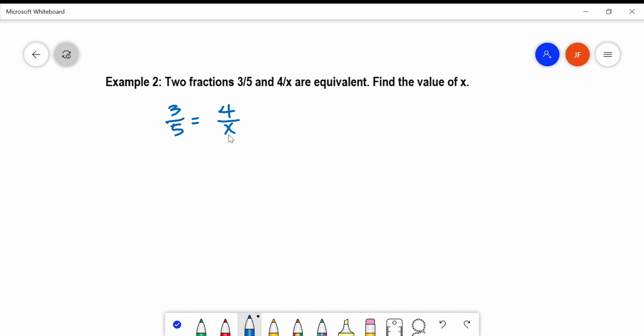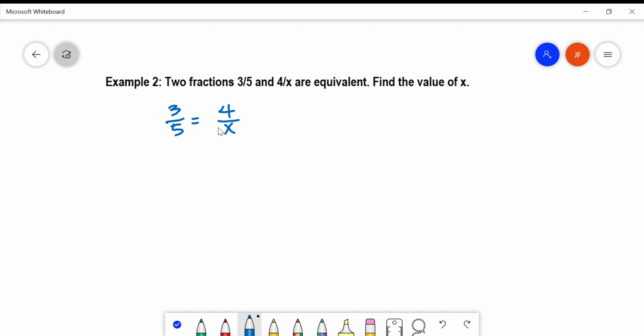Okay, so we can replace x by any letter or symbol we would like, but this particular example uses this letter or symbol. Okay, so by cross product method,